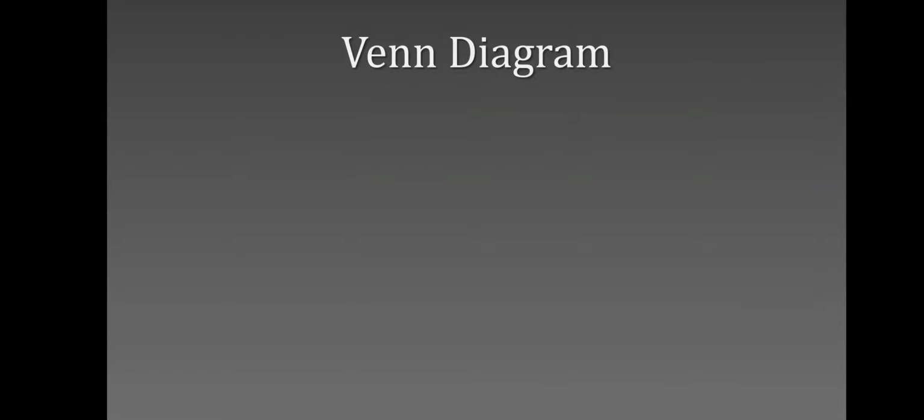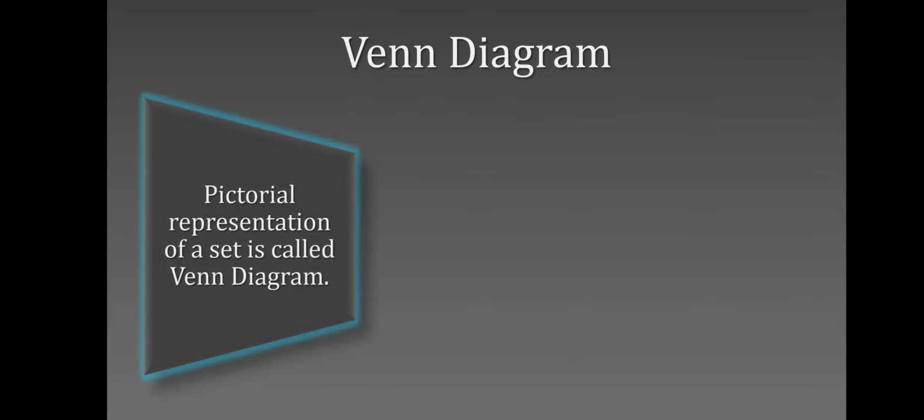Now basically you already have some idea of Venn diagram. What is actually a Venn diagram? It is a pictorial representation of a set. So you can consider this as the third way of representing a set. The first 2 ways being roster form and set builder form, and Venn diagram is the third way of representing